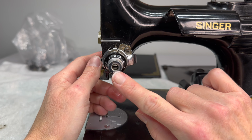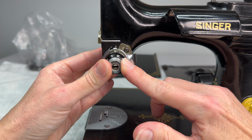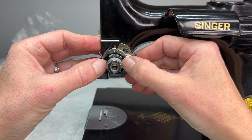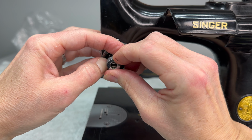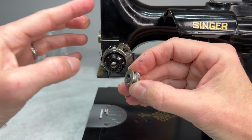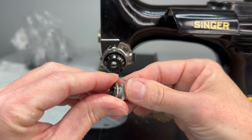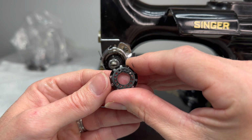So here we're looking at the tension, and this part of the dial is the first thing that will come off. If you push on the numbered part, you see it should push back. If you can push it back and then turn this counterclockwise, it should just spin off. And this is a little thumb nut for your tension assembly. Then you can pull the number dial off,